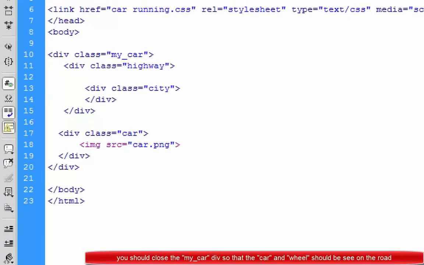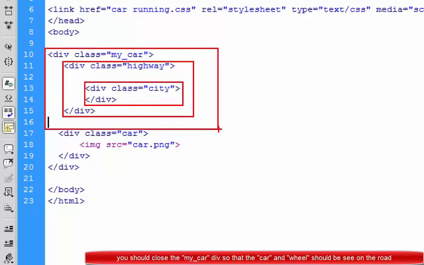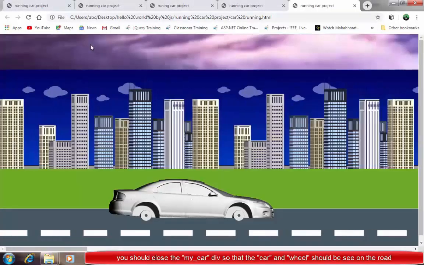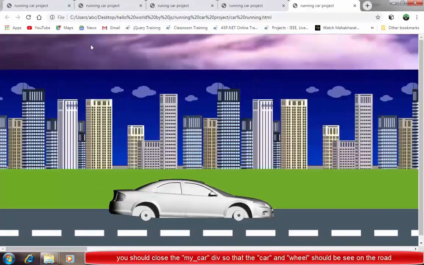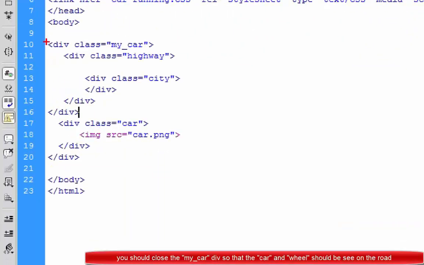You can see that this is a single div here, and this is the div inside the div here. And basically this div is closed, my car div is closing here. So for that I use this div here. I save it and go to the preview again, so that you can see a car image is present here, but it is still in the background, so it cannot be shown here.